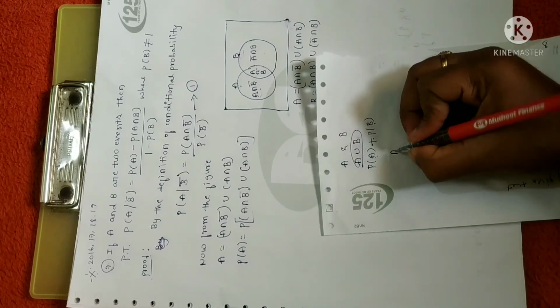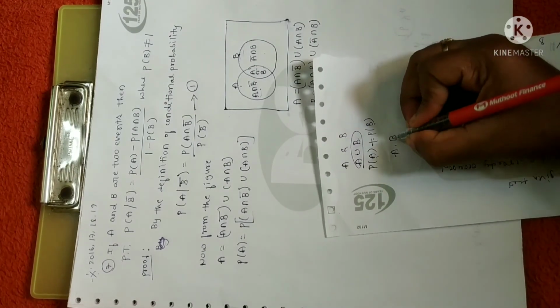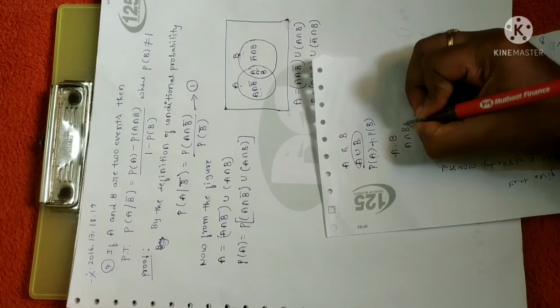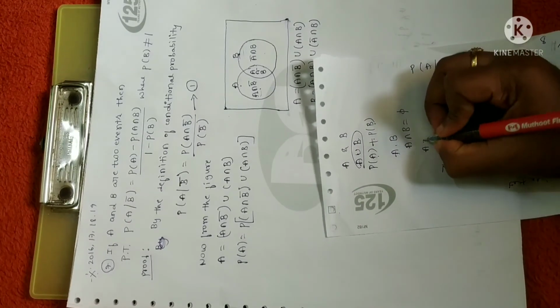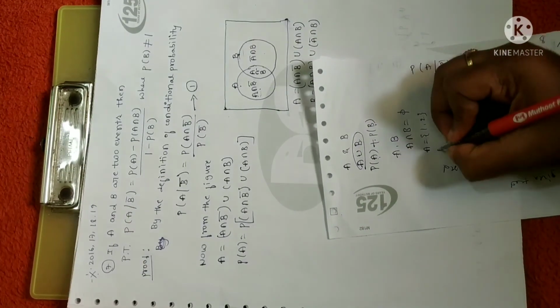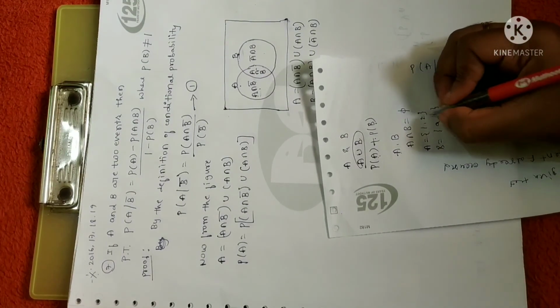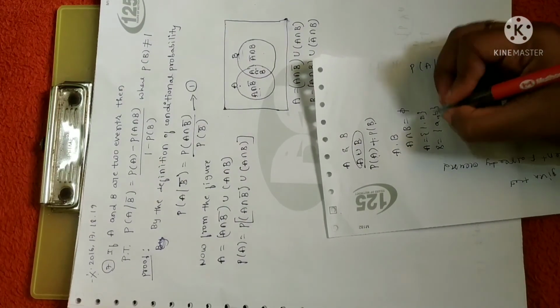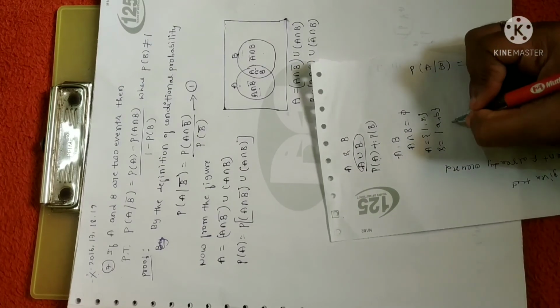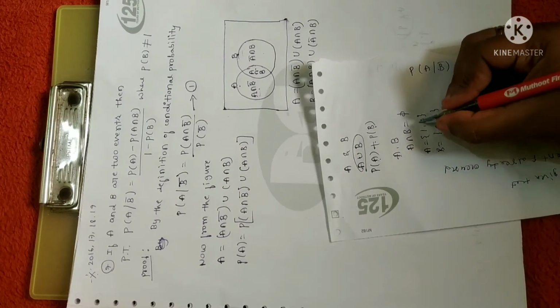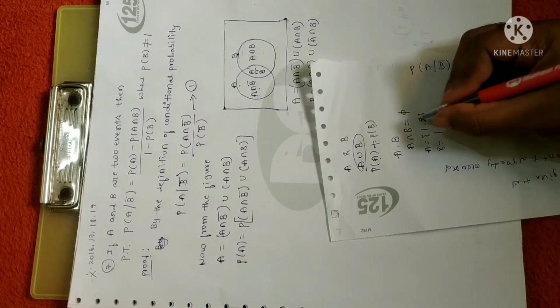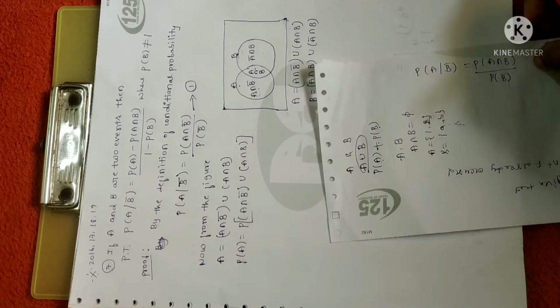Mutually disjoint means that if you consider any two sets, their intersection will be equal to the null set. For example, A is equal to {1, 2} and B is equal to {a, b}. They are mutually disjoint in the sense that there is no common element between A and B. If you take the intersection of these two, you will get the null set. Such kinds of sets are called mutually disjoint sets.